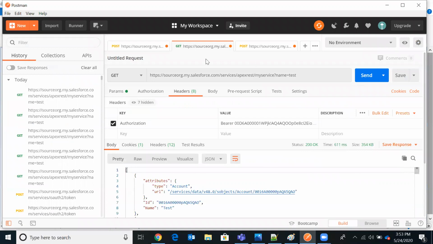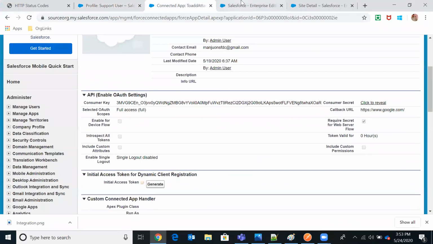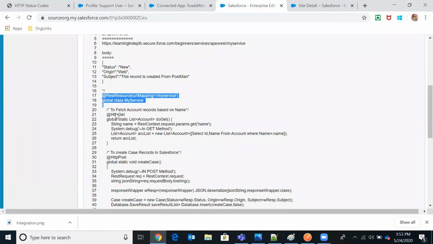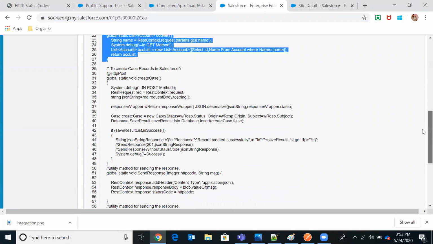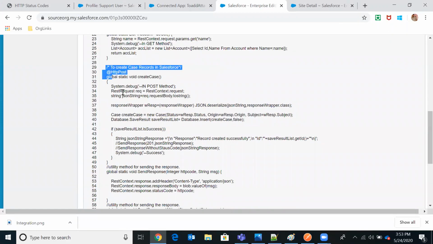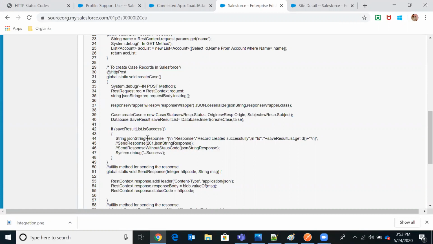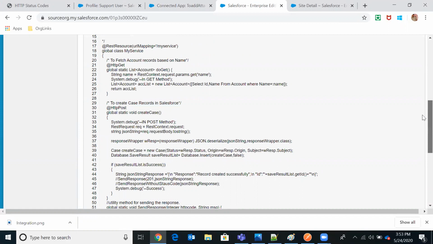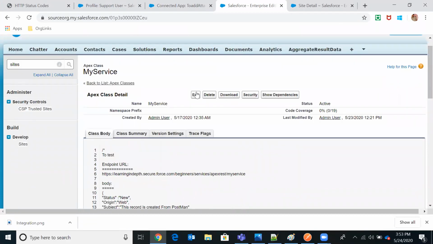So next, in the same web service class, in addition to the GET method, I also have another method called POST method. Inside the POST method, I'm just creating a case and generating a custom response.